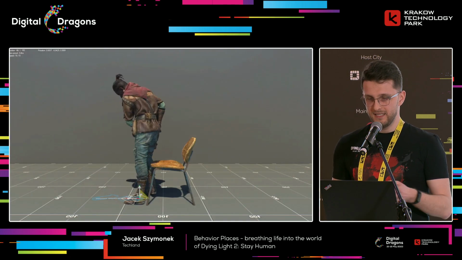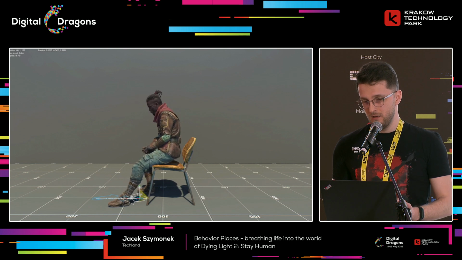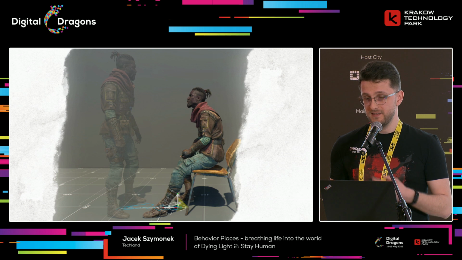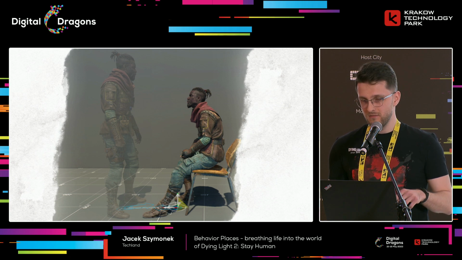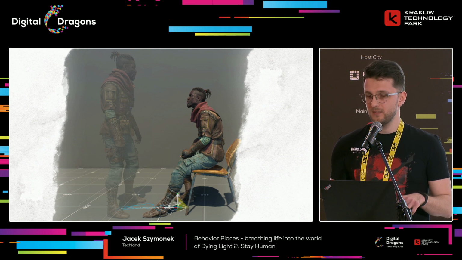Let's look at this simple example. Here's the character approaching a chair to sit on it. There are two major poses in here, standing and sitting. With the entry animation, we can go from standing to sitting. However, before we start the entry, the character must approach a certain point in space. So what is that point exactly?